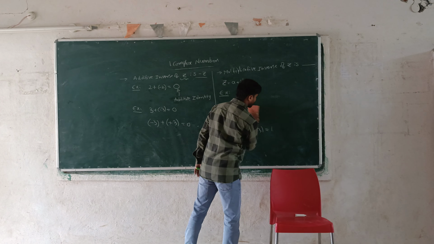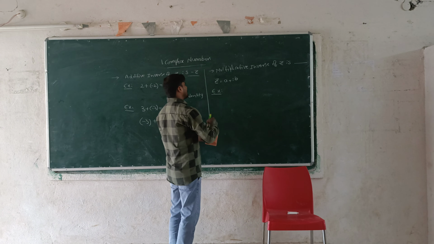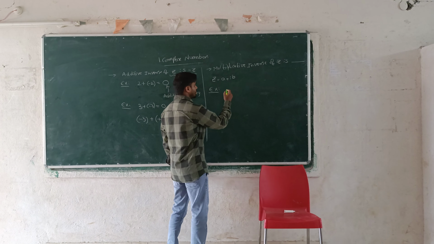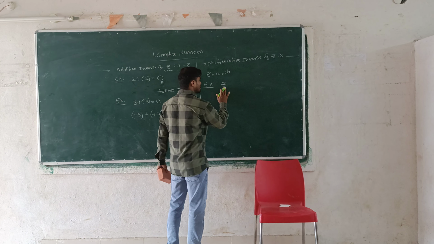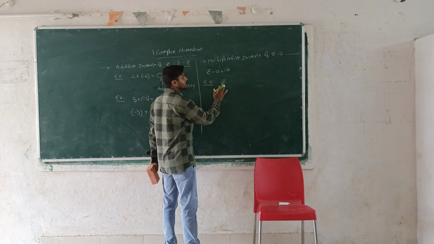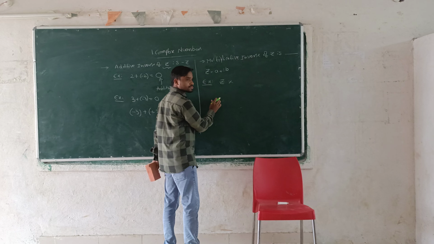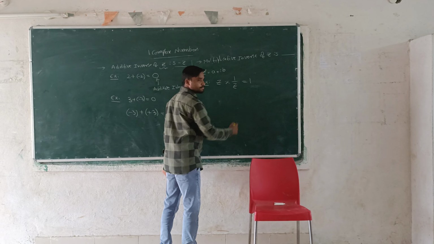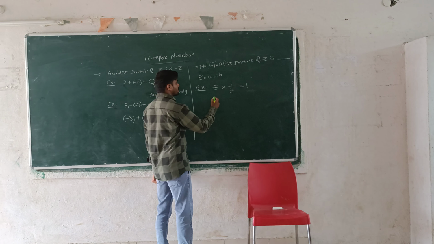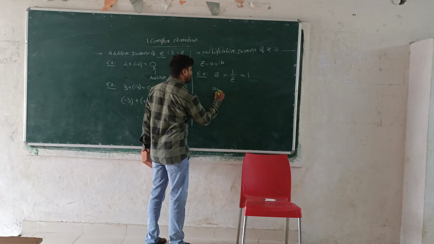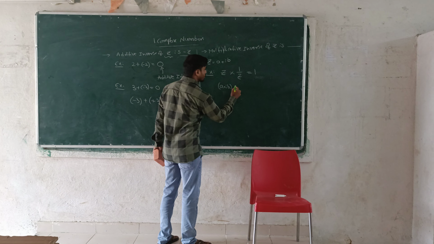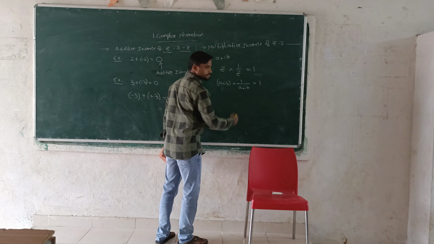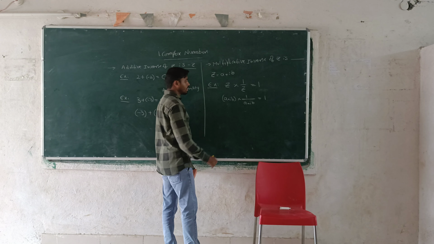Right, we will see the formula here. z is equal to a plus ib is the given complex number. What is the multiplicative inverse of this z? 1 by z. Yes or no? So z, which is a plus ib, into 1 by a plus ib is equal to 1. Okay? Right.